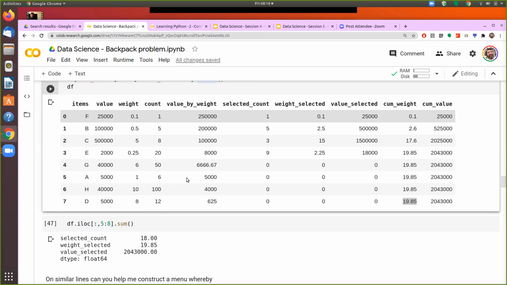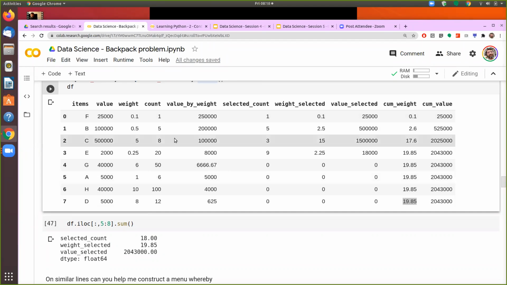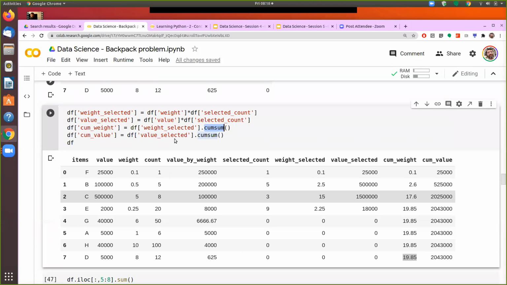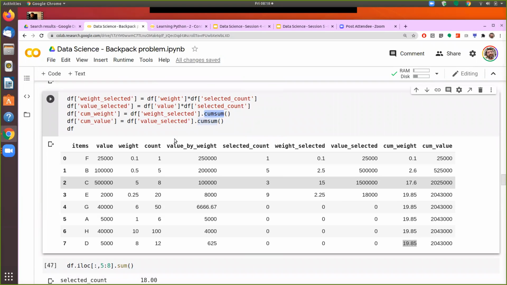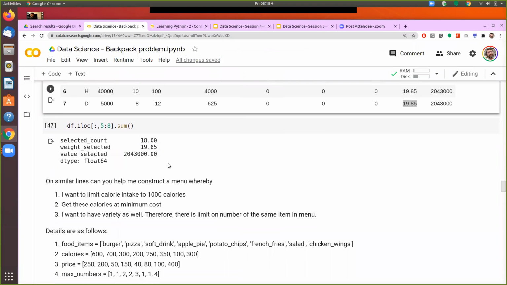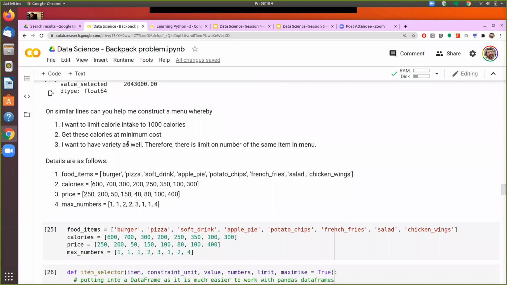But the beauty of this is that now that we have written this logic, can I solve similar problems with the same logic? So for example, if I want to create a menu builder in a restaurant, and a customer comes in and says, I don't want to take more than 1,000 calories in my meal.